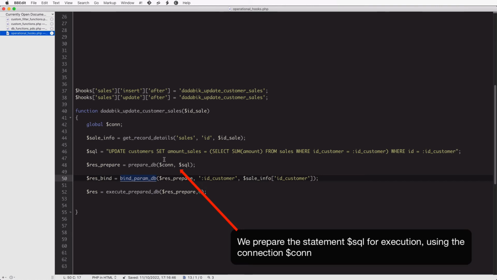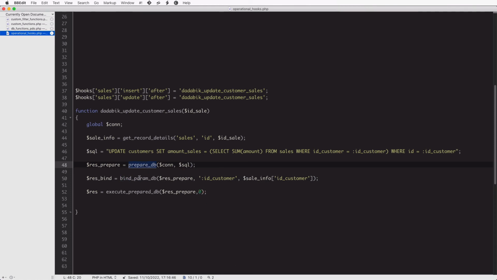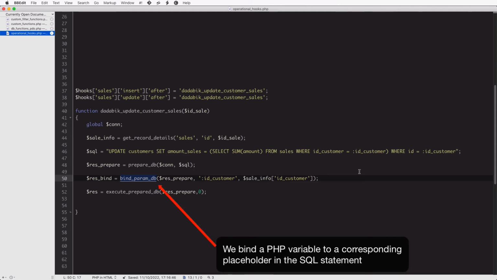So here we prepare the execution of the query. Here we bind. What does it mean? Basically, we are replacing the placeholder with an actual value. So here we are saying replace :ID_customer with an actual number, the ID customer of the sale we have just inserted or updated.